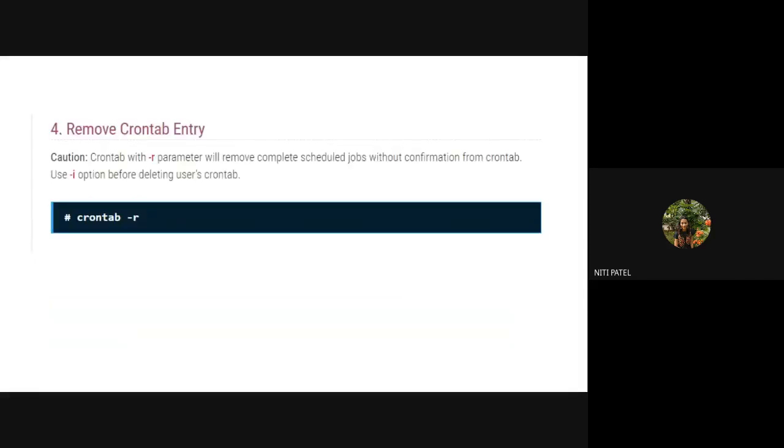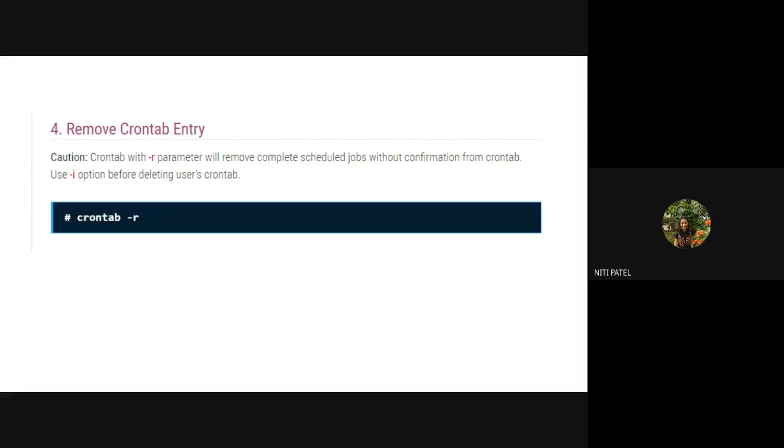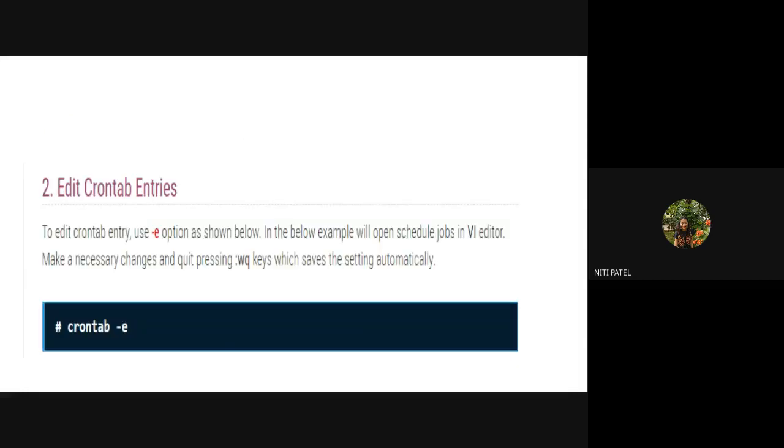Now if I want to remove these entries, that means मेरा काम हो चुका है, अभी मुझे बार बार यही same command को background में नहीं run करना है, ls.text को. I want to remove this. So how will I remove this? Again, I will start my VI editor. Again, I will use a command to edit, that is crontab -e, और backspace करके पूरा remove कर दो.